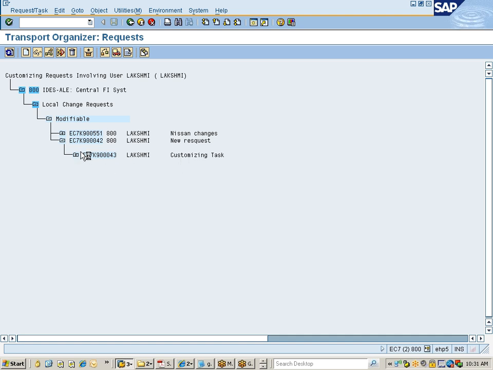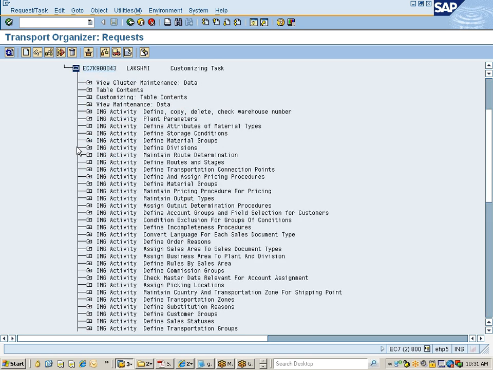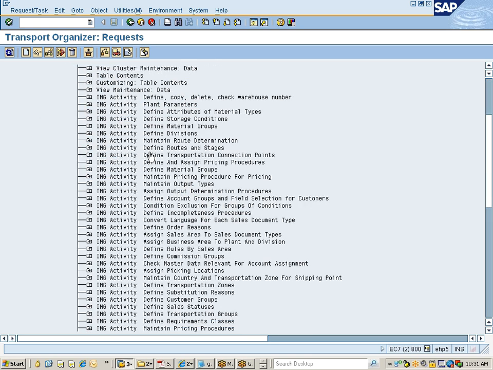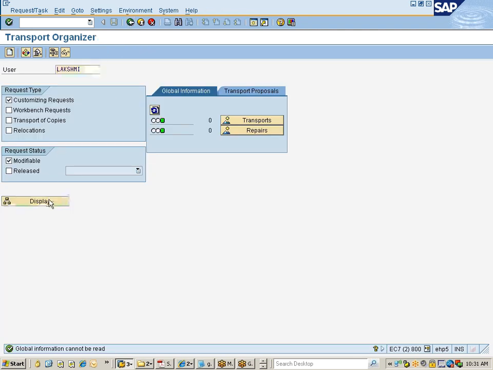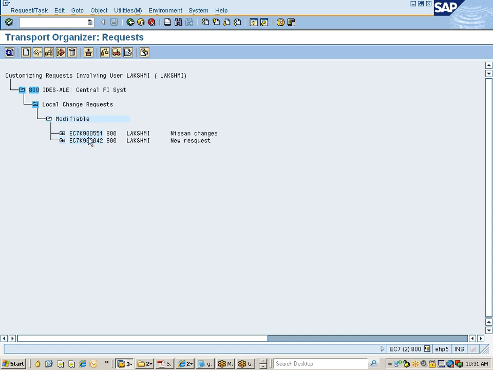Okay, so leave this. I did not create it, but it seems the person who has given us this user ID has created something. Okay, I don't bother about this. I've just created one request with the name Nissan changes. Now you see this is my request. Okay, so what I can do is